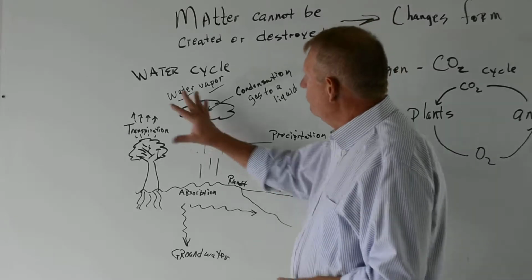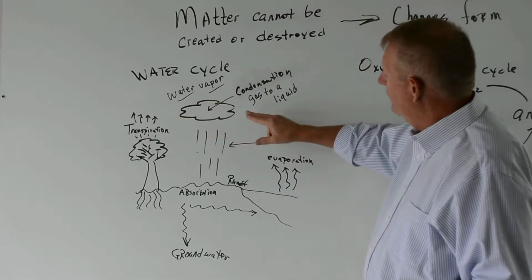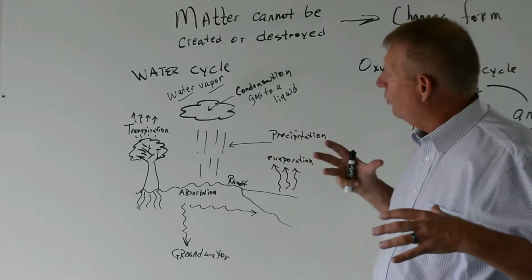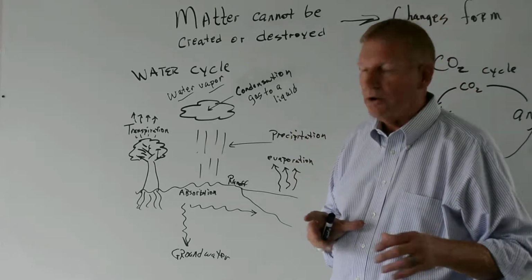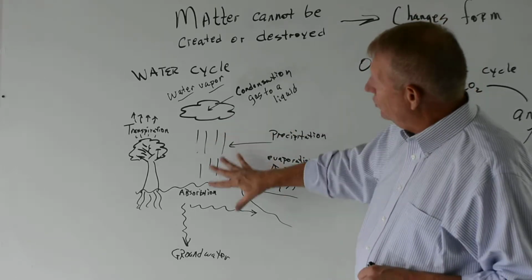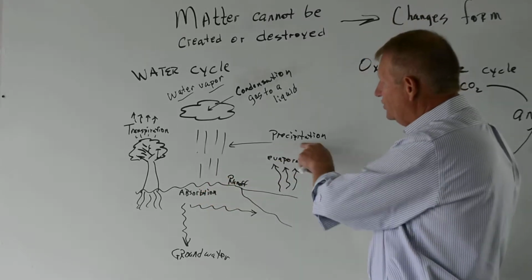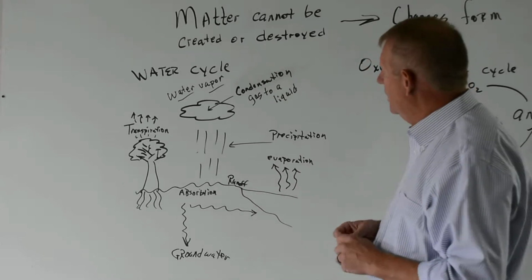So the water vapor is in the atmosphere and in the air, and it forms the clouds. What are the clouds? The clouds are condensation. It's where the water vapor is beginning to turn into droplets of water. Then as it rains, snows, sleets, hails, whatever it does, that's called precipitation. So precipitation is the liquid